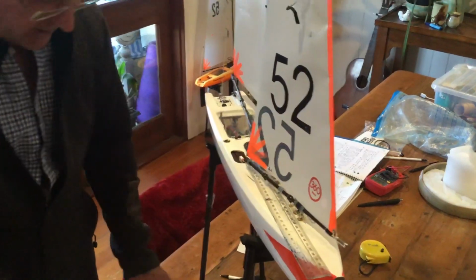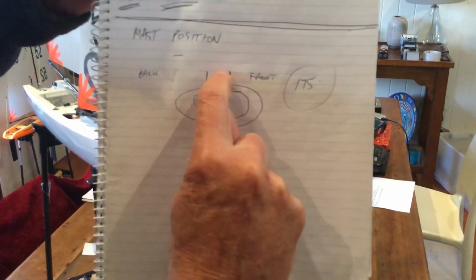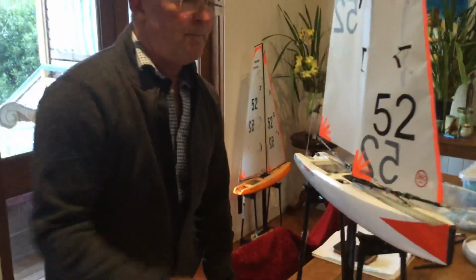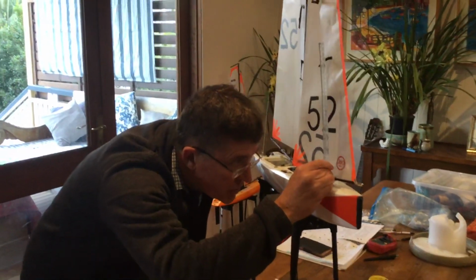But if you look at down here, I don't know whether you can see that, but here's your front and back. So it's the first one from the middle. They line up at 175 millimeters from the front. That's the first measurement. The second measurement I look at is the distance from the deck to the top of